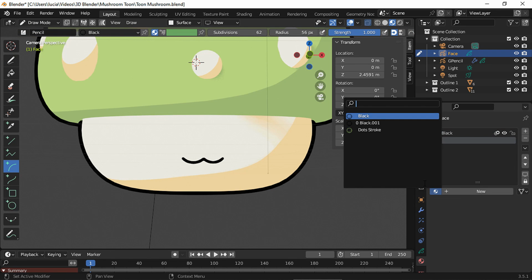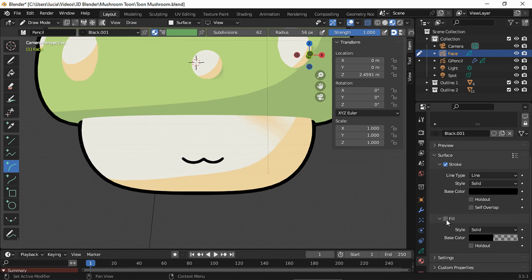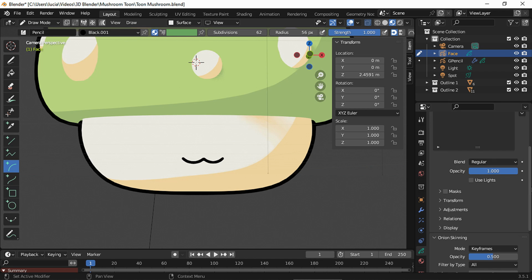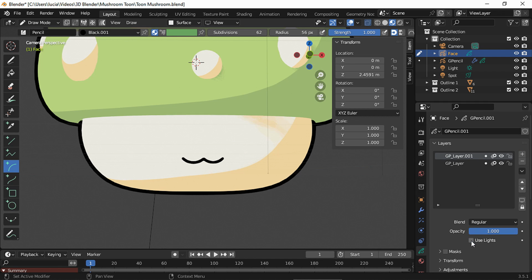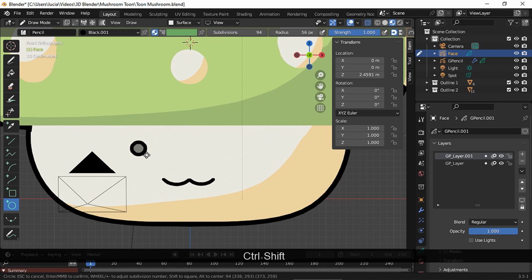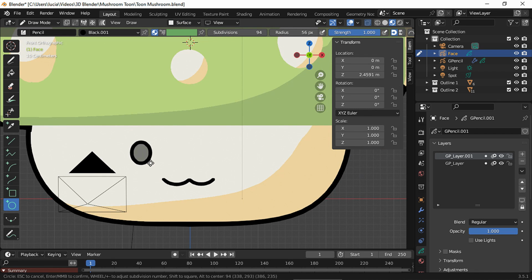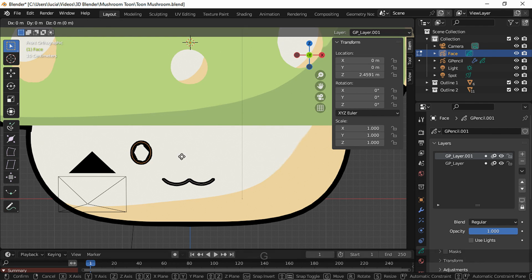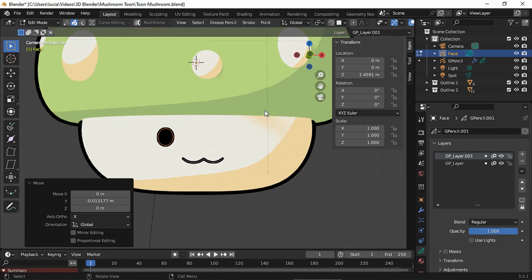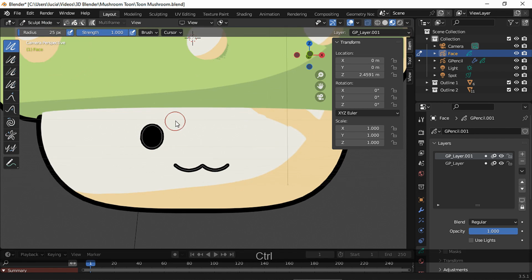For the eyes, we can use this default material, and we need to enable a stroke and fill. Let's draw in a new layer, and remember to be in frame 1 before adding a new layer. Pick the circle tool, remember we're drawing in front view, and change the offset. You might need to try different values out. If you want a perfect circle, press Shift. I won't, since I want an oval. In edit mode, move along the y-axis and smooth it a bit if you want.